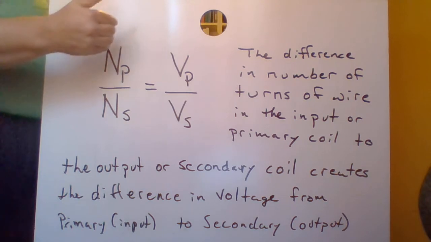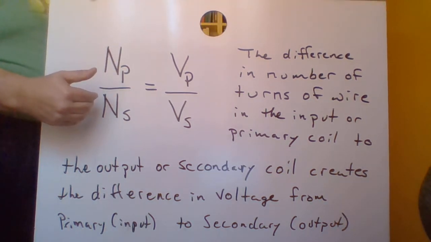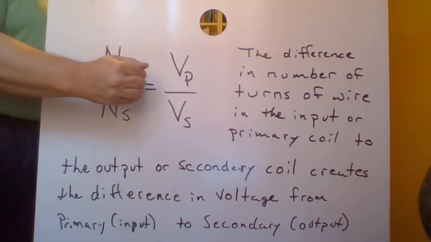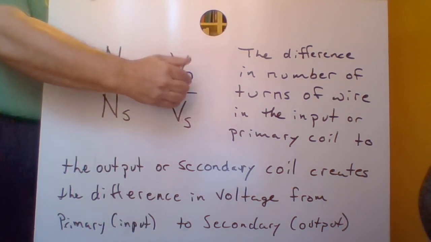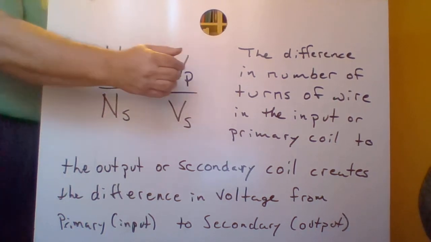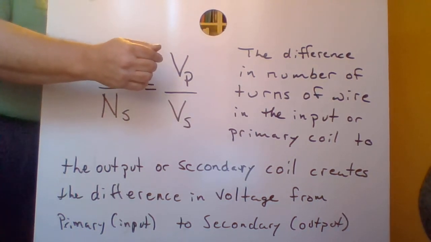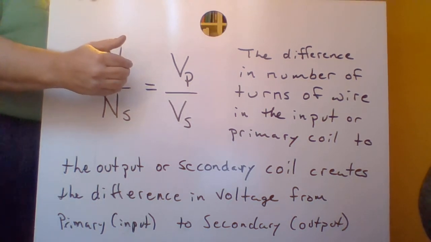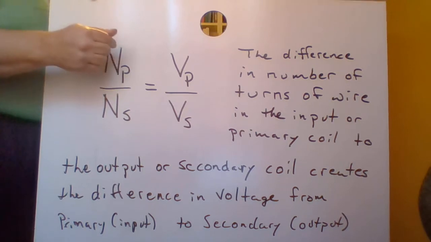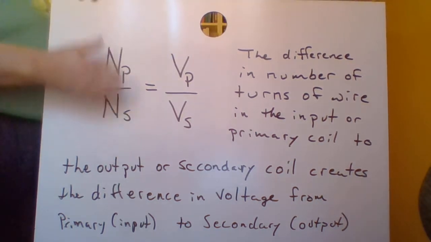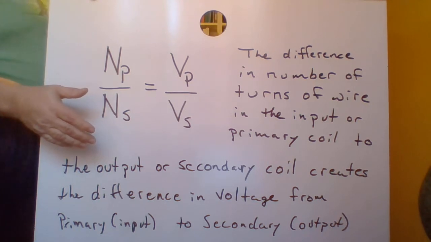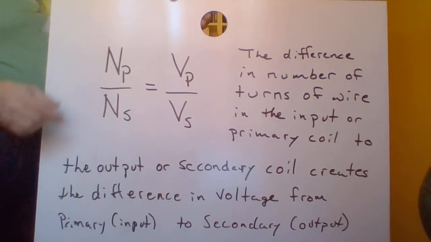Now we've reduced the current by 1,000. Because if you get a 1,000-fold increase in voltage, your current's got to go down by the same amount because your power across the transformer must be the same. Okay? So you go from 100 amps to 0.1 amps. Your energy loss across the transmission lines is considerably less because of that. And so that's why we use AC power, because now you can remotely generate electricity at one place, and